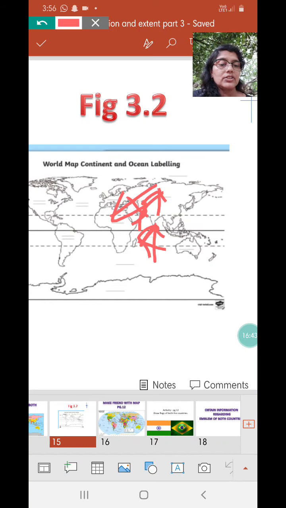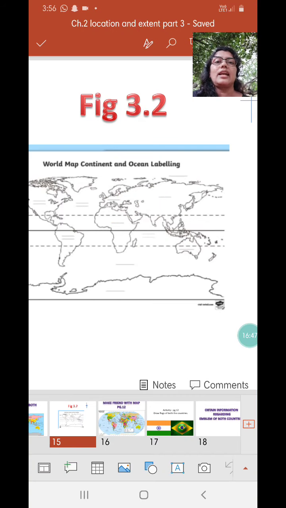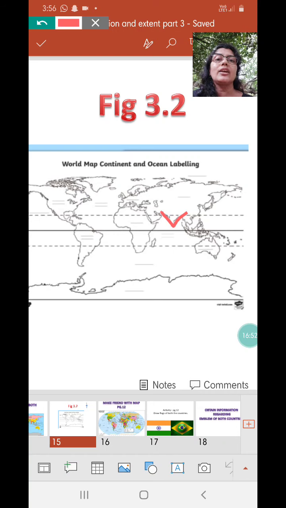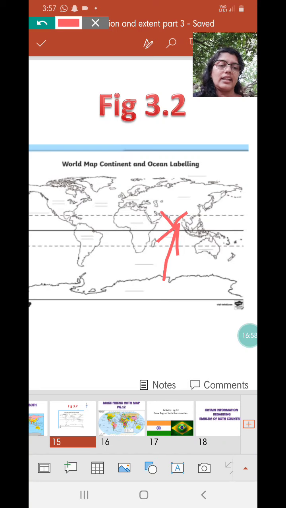The southern part of India is called as peninsula. Is that right? Yes. And what is the southernmost tip of the peninsular India then? Of the peninsular India, it is Kanyakumari. And southernmost tip of India is Indira Point. That also can be an objective.